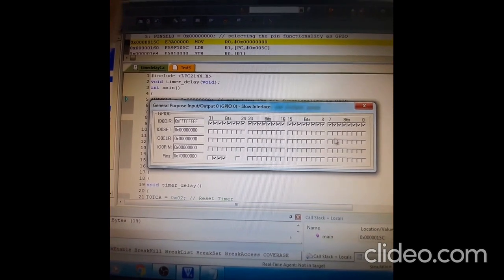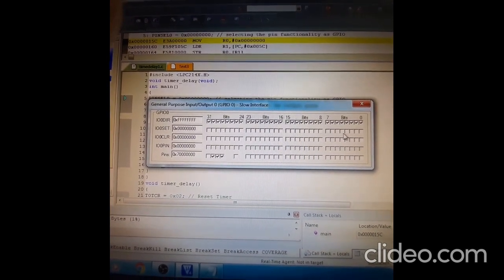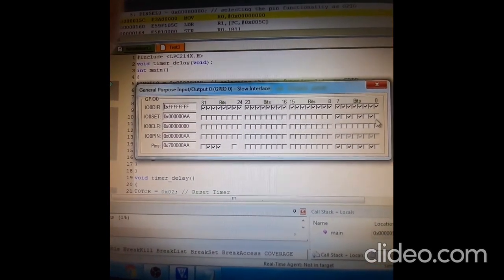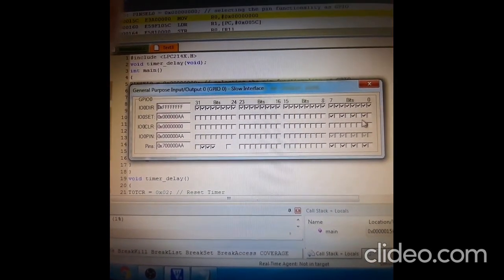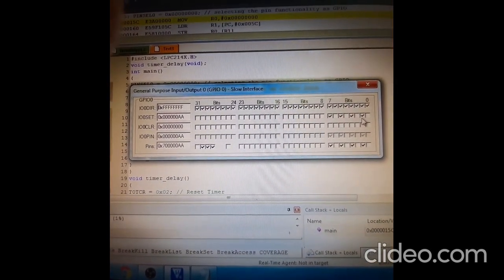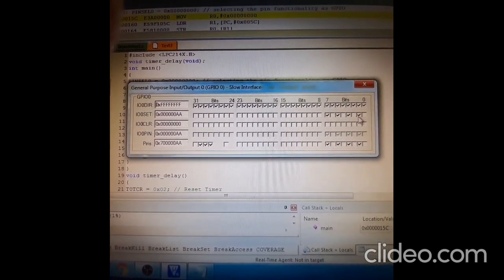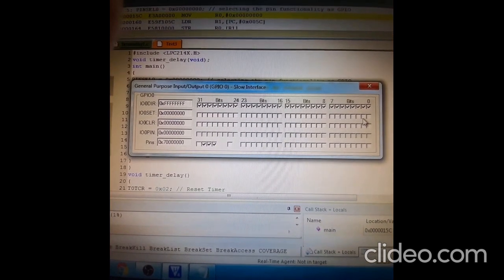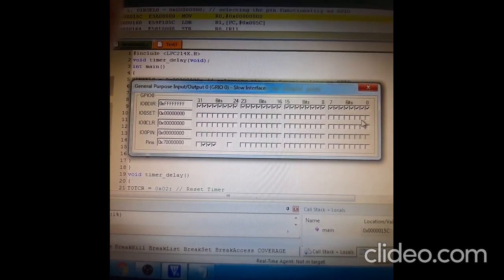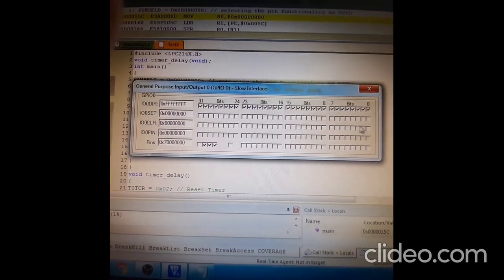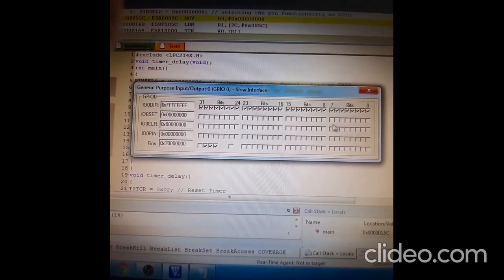Here you have mentioned 01 01 01 01. That means 0 is the output, so the output ports are connected to the LED. Every 1 second time delay, the output goes on and off. Observe here, the output is displaying on and off.